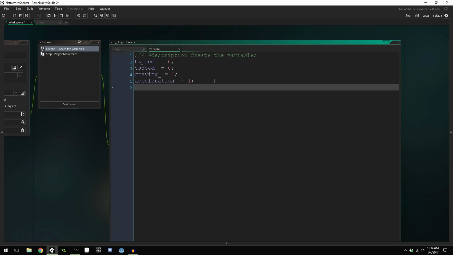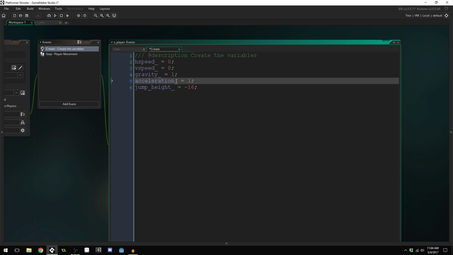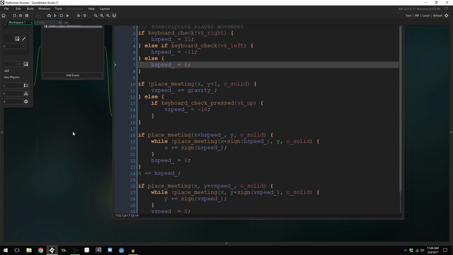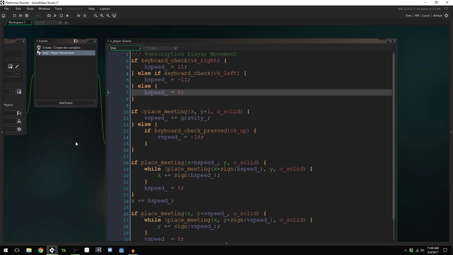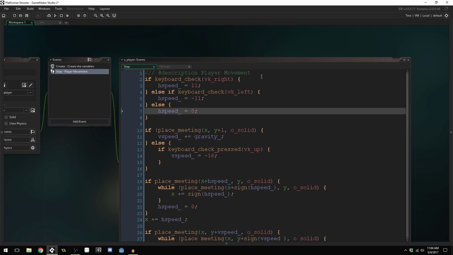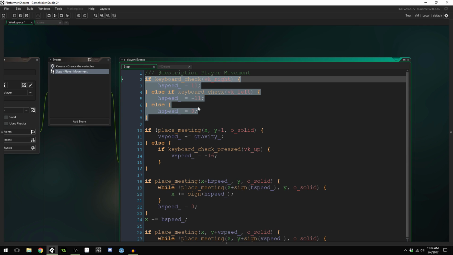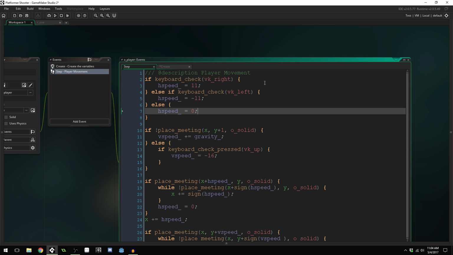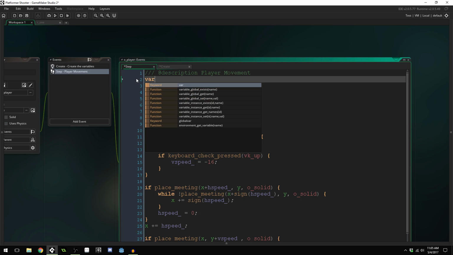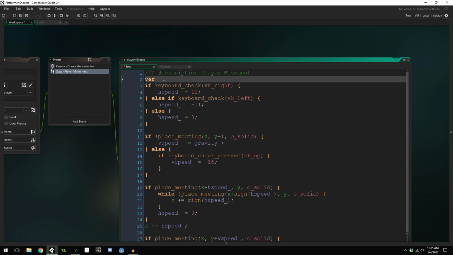Then I'm going to create a jump height variable, and I'm going to do an underscore on all these, by the way. I'm going to set this equal to negative 16. So we've created some new variables here. Let's come back into our step event, and we're going to change the way that we handle our input a little bit. One way that we can optimize this code right here is to say var, and this creates a temporary variable,